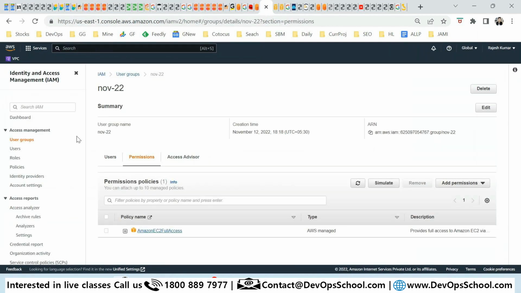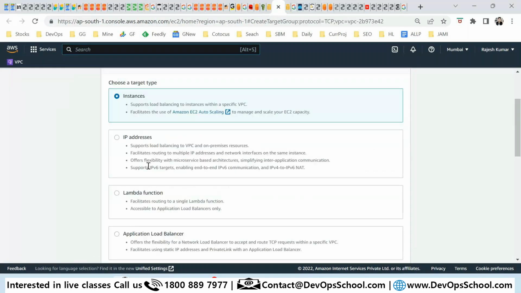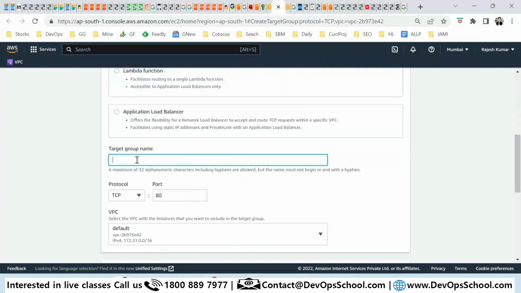So here, the group is based on the instance, IP address, or lambda functions. The target group I also created is called test, with port number 80. Remember that I'm running Apache on port 80. So everything is okay. Next,